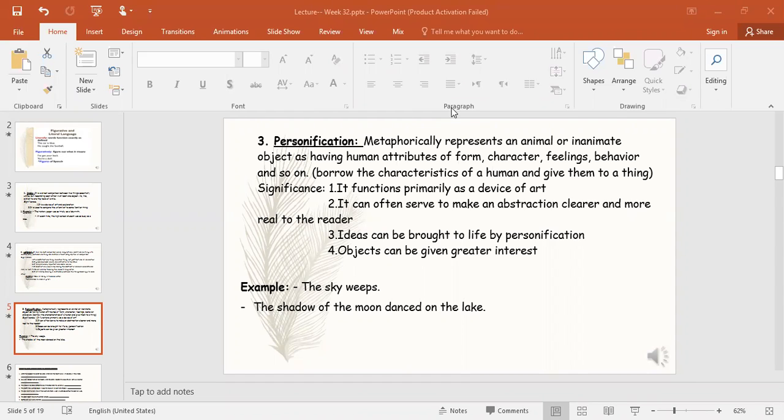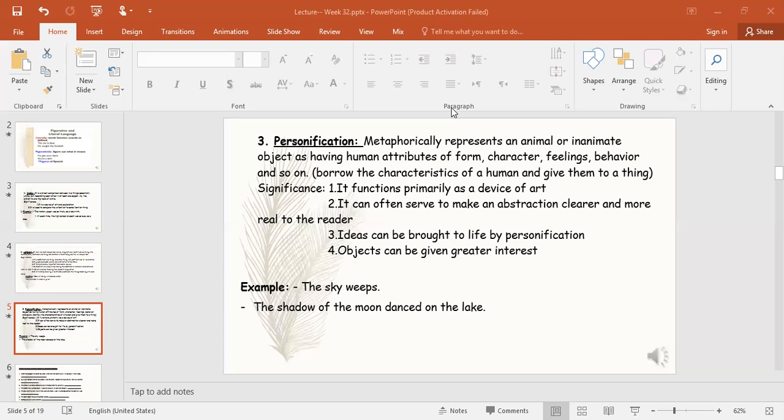We borrowed the dancing from the person, because people dance, not the shadow of the moon, and because the lake